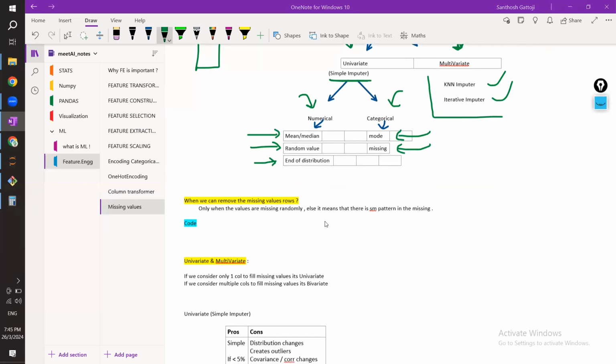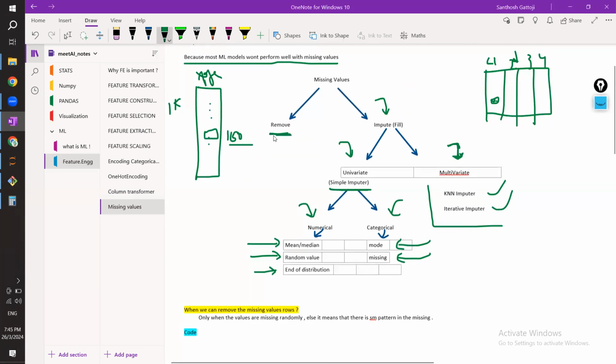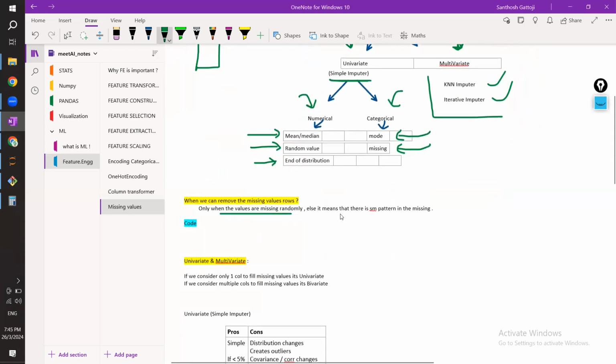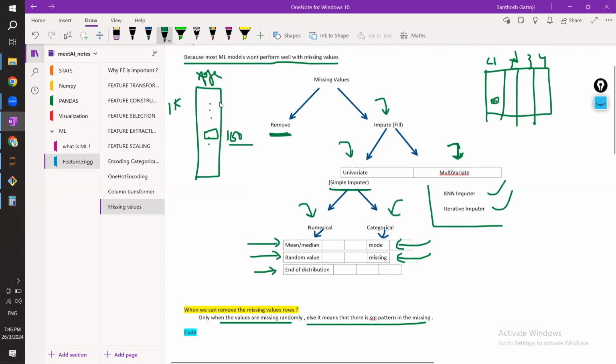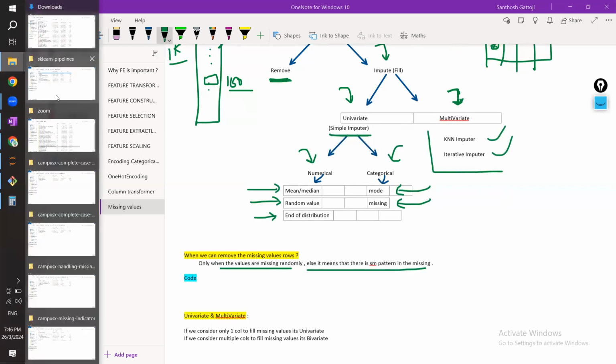Okay, fine. So now let's see when we can remove the missing values. In which cases can we remove the missing values? Only when the values are missing randomly, else it might mean there is some pattern. Let's say there is an age column, and in 1000 rows it is missing randomly, say row 101, and 554, and 784. It's missing randomly. Then mostly you can remove the missing values, I mean remove that row. When I say removing, for example,